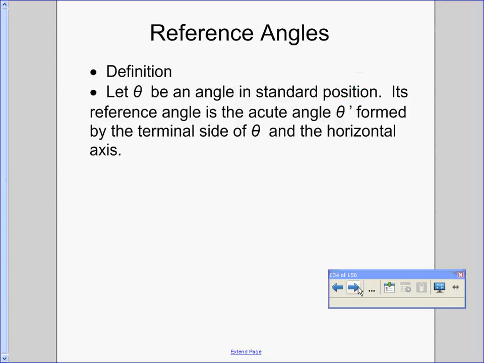Now we're going to talk a little bit about reference angles. If theta is an angle in standard position, its reference angle is going to be the acute angle that's formed by the terminal side of theta and the horizontal axis. So what that means is,